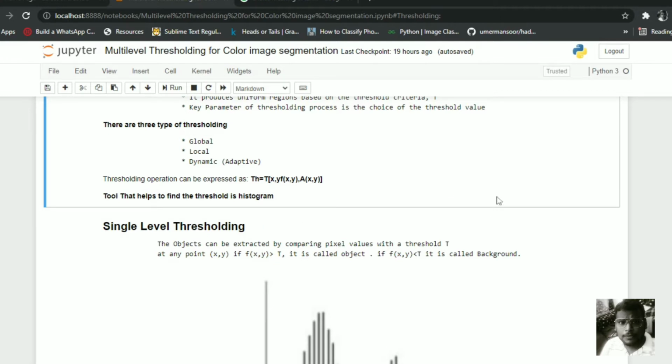We can use the histogram graph to easily find the threshold value.